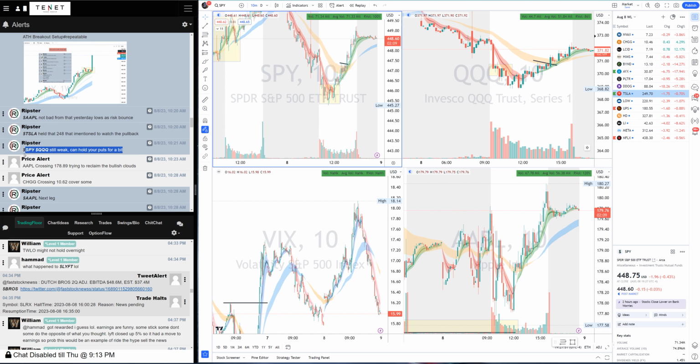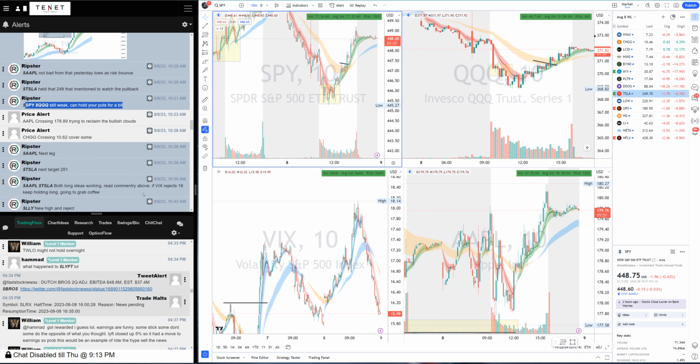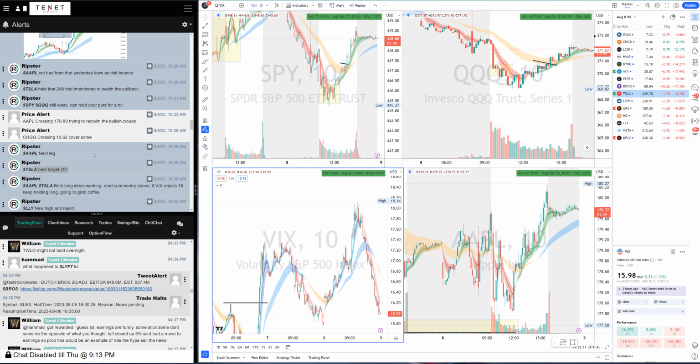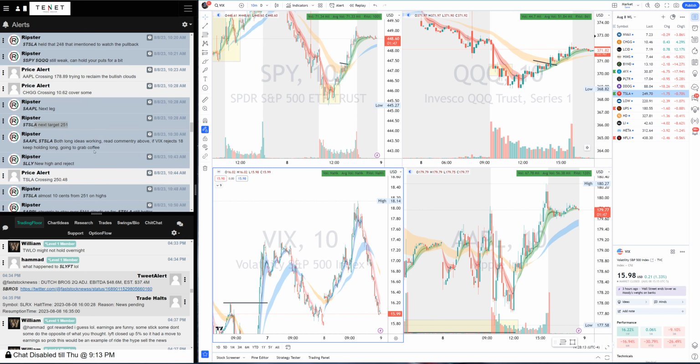So we were holding our put still, and then SPY finally gave us 445. It really gave us nice lows. We were shorting from 446.7. Not a bad trade on SPY as well, those puts. Tesla was pushing. I gave the 251 target. We already met close to that. So Tesla and Apple were relative strength, and Tesla versus 248 was what we were trying to long, and Apple